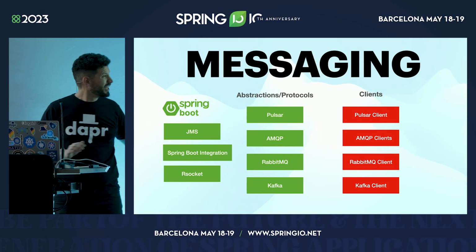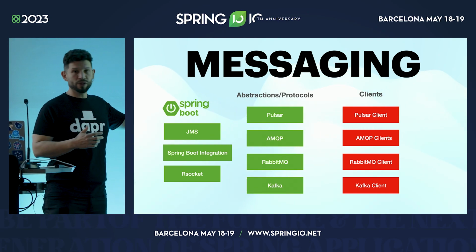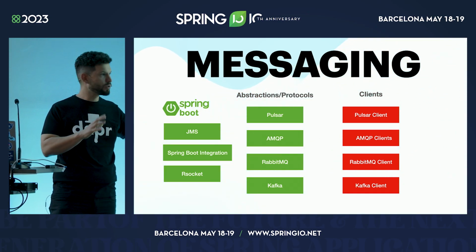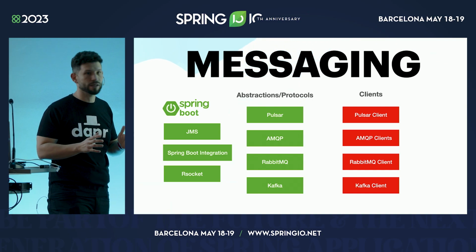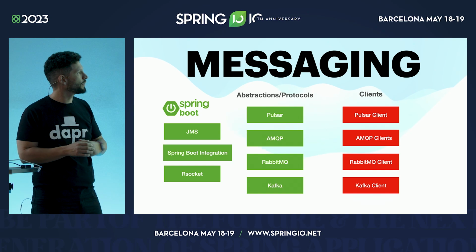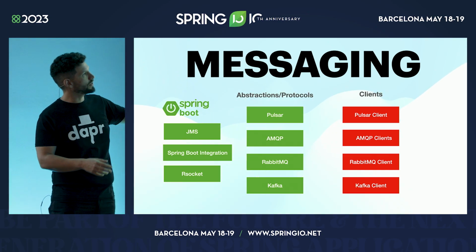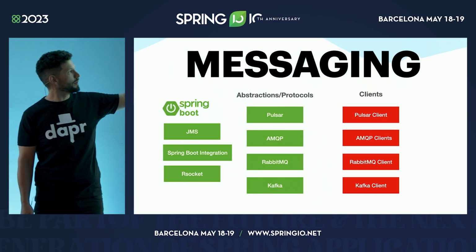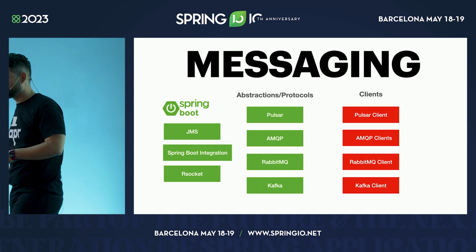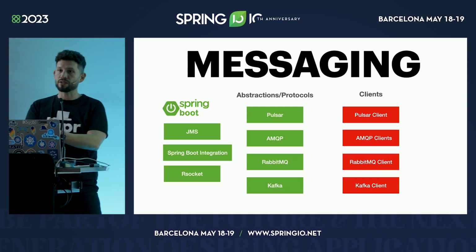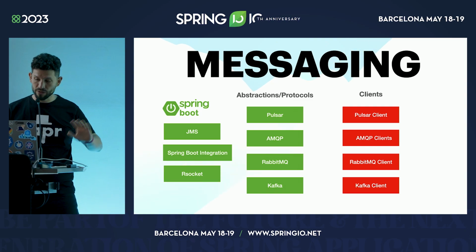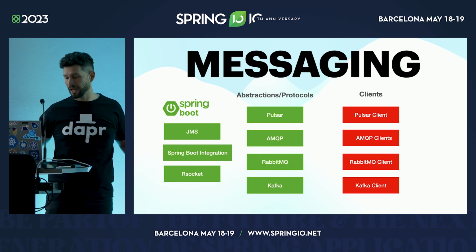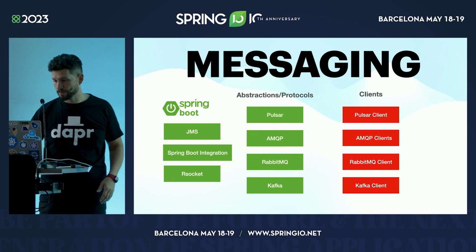Messaging, it's pretty much the same. I would assume that this is OK for the Spring Boot community, but if I'm coming from a different community, I will get confused with all the abstraction layers. There are too many options here. I need to choose, and I need to choose wisely to know what I'm doing, right? So you have different ways of sending messages in an asynchronous way, but you have the same thing. You have abstractions that you will need to choose, and then depending on the abstraction, you will just choose the right client. And the client, again, needs to match the version of the components that you are running in some way or another, right? If you're running RabbitMQ 3.4, you need to have the client that can connect to that version and work.